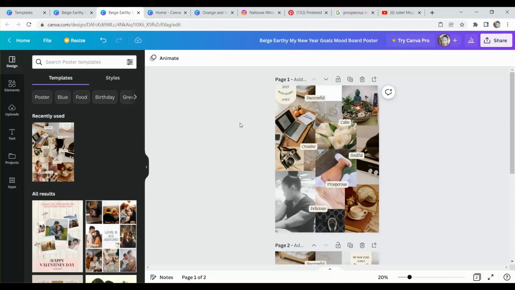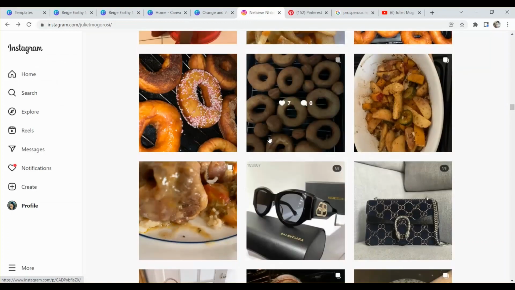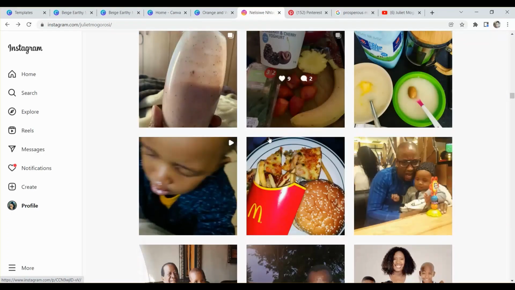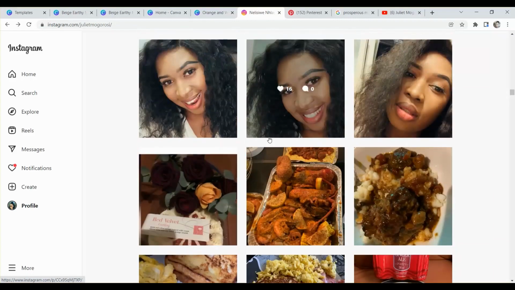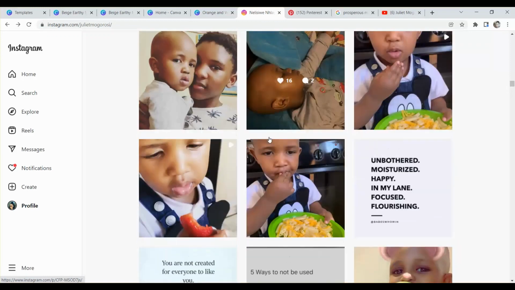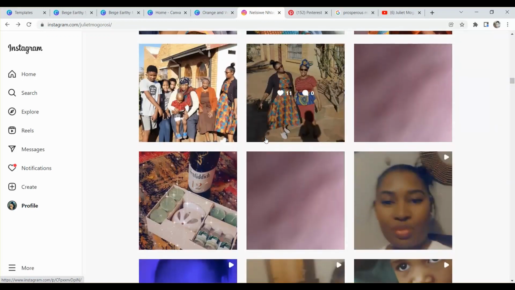because I love listening to soulful music. And then moving along, I chose myself. So I needed to put this picture again. When I saw it on my Instagram page, that's where I took it. When I saw it on my Instagram page, I was like, wow. To do my mood board, you guys, I actually had to go back to my Instagram page and scroll up and down and see who the person that I was when I had time,